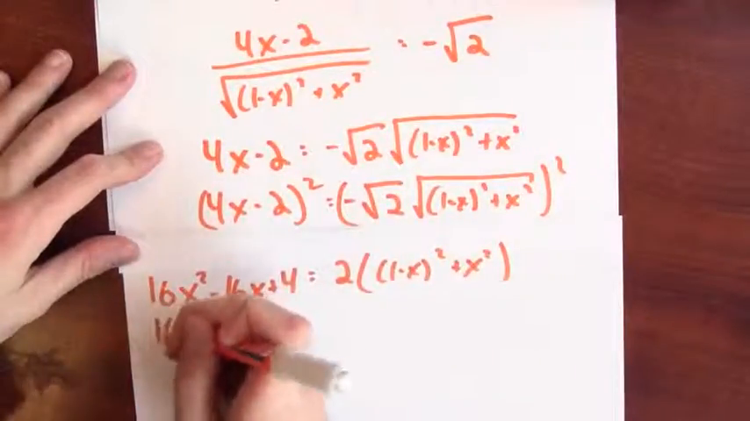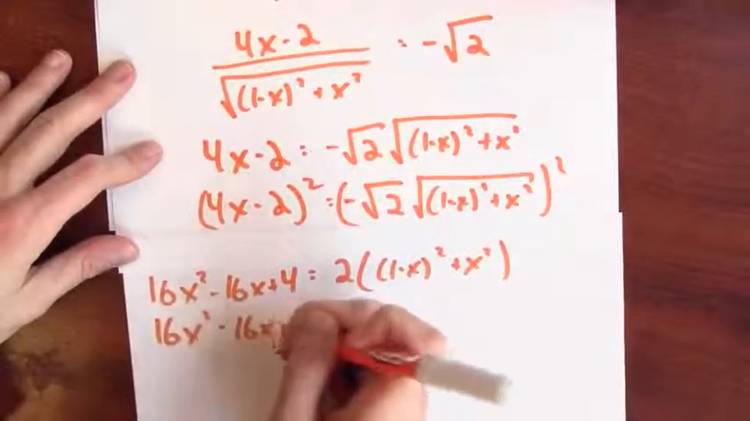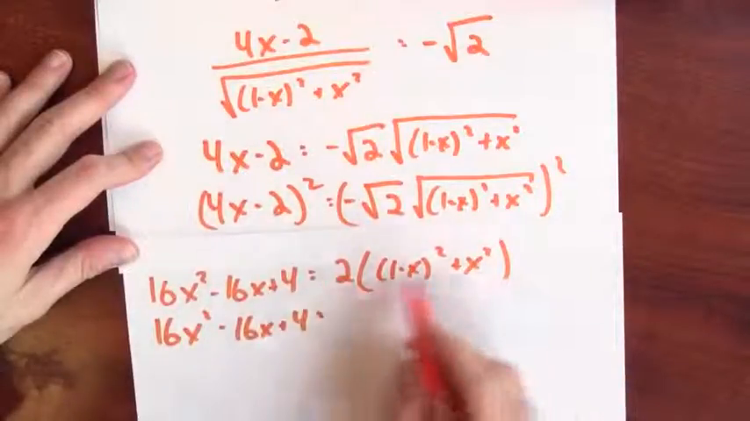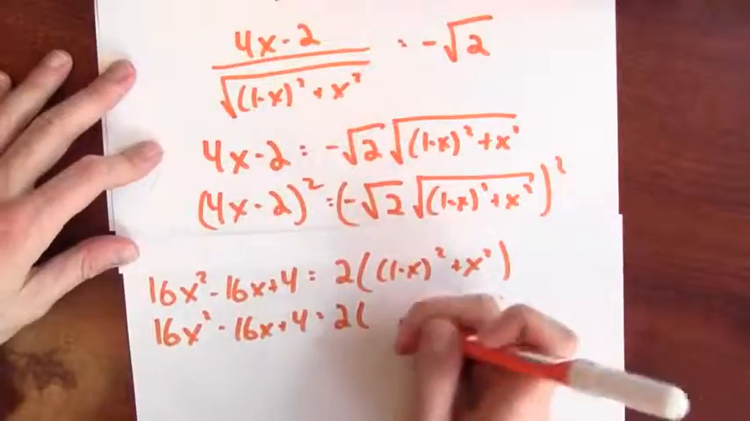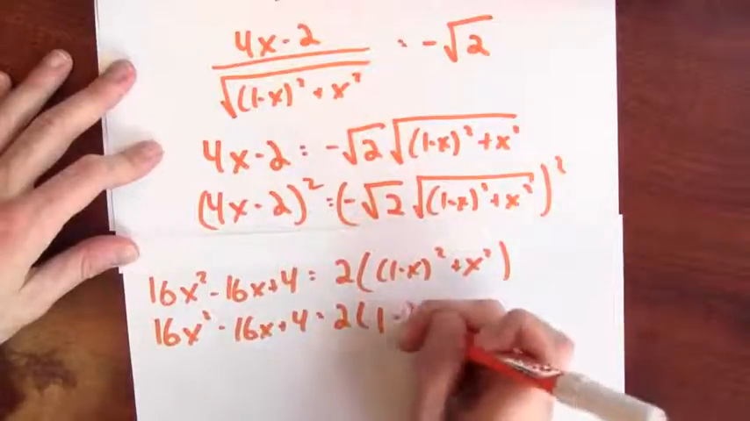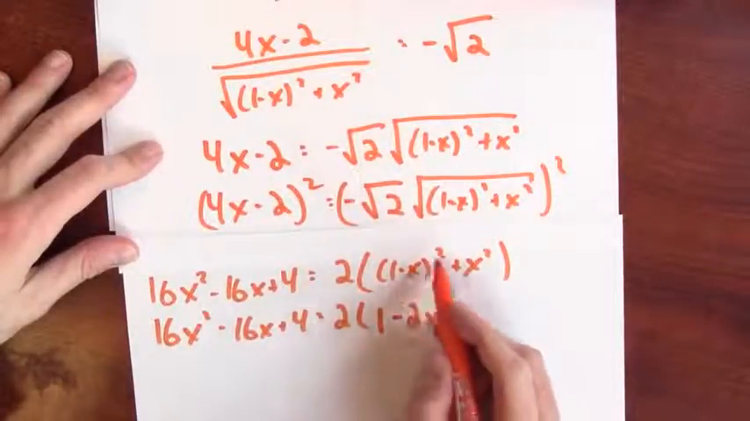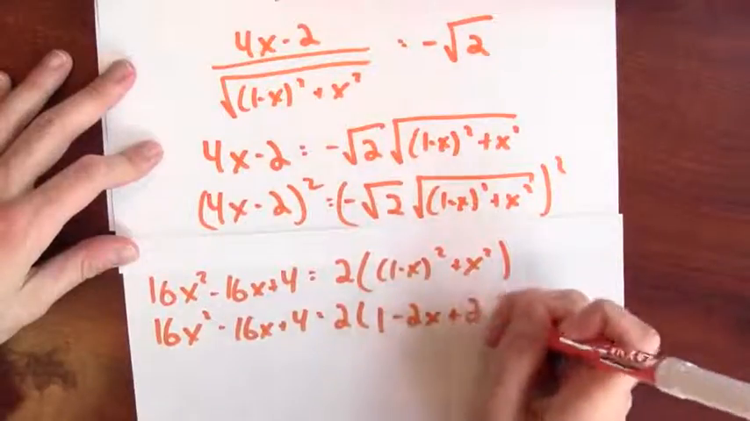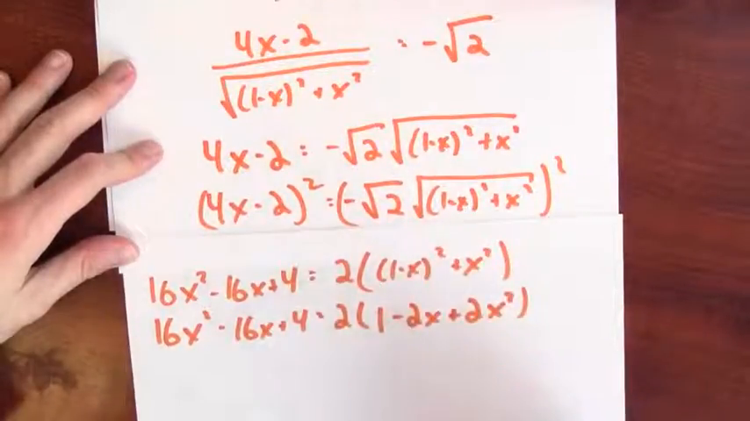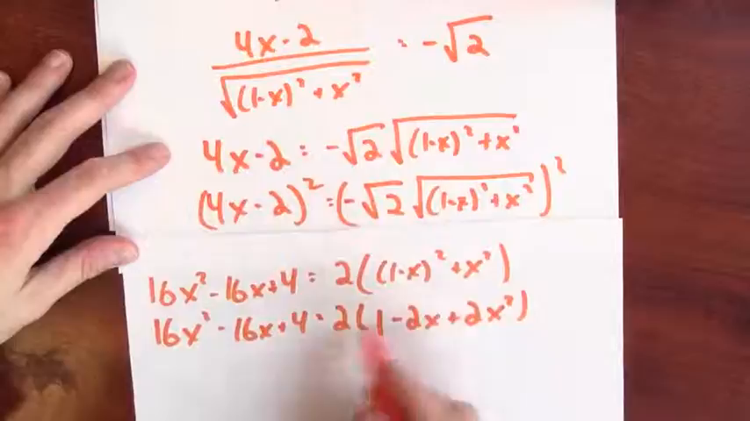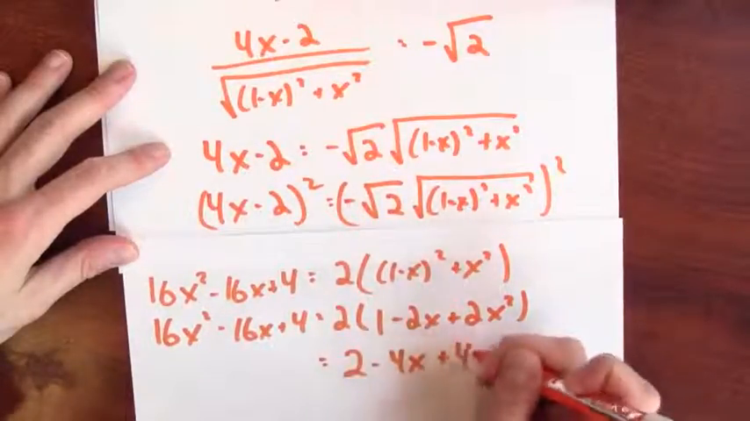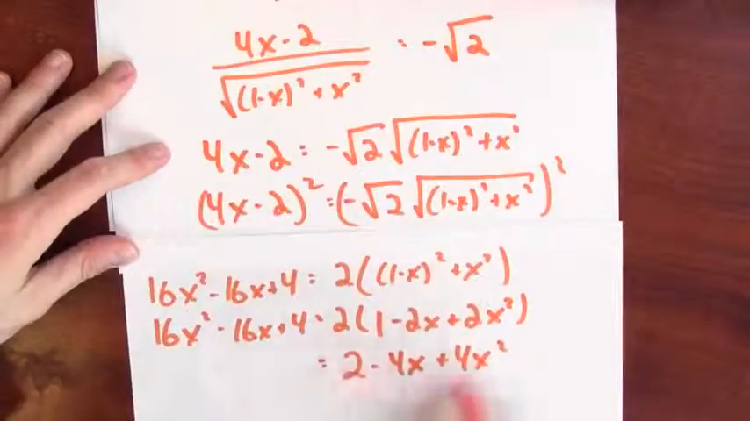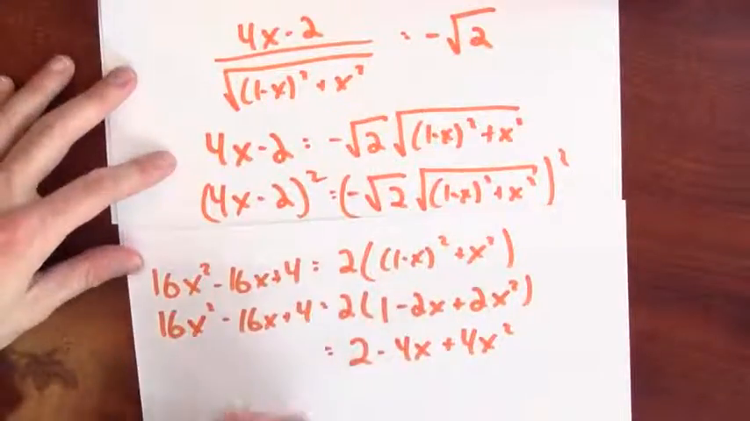Okay, so I got 16x squared minus 16x plus 4. I can expand this thing out, right? This is 1 minus 2x. And then here I've got a plus x squared and another x squared, so plus 2x squared. And I'll expand this whole side out, so it's 2 minus 4x plus 4x squared. And I'll subtract this from both sides, and I'll get